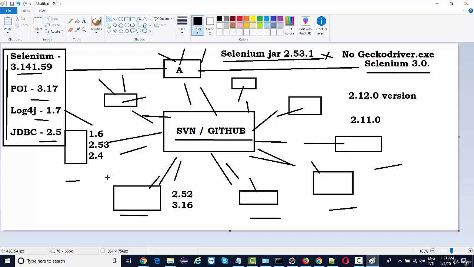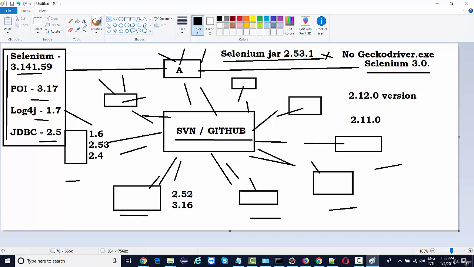The entire team will be on Google and they keep on downloading these jar files, right? And this is not a better approach. There has to be something more automated, right?